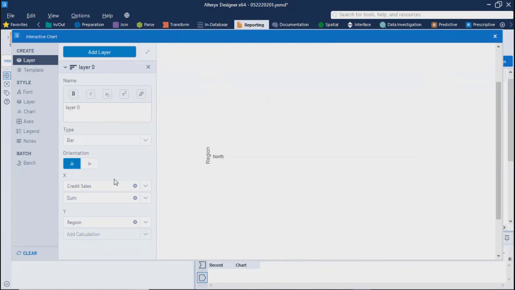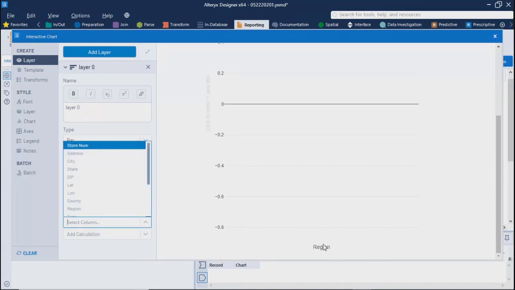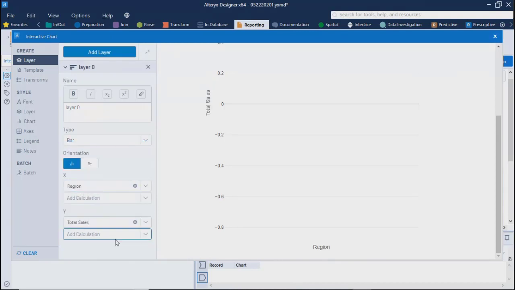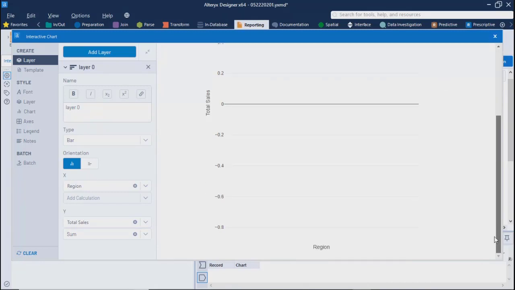Let's change it the opposite way. On the x-axis, I'll take regions, and then on the y-axis let's take sum of sales. So total sales, and we'll take the calculation maybe as sum. So that's what I have taken on bar.